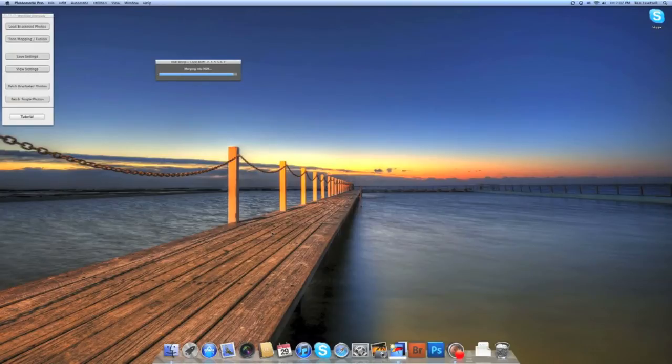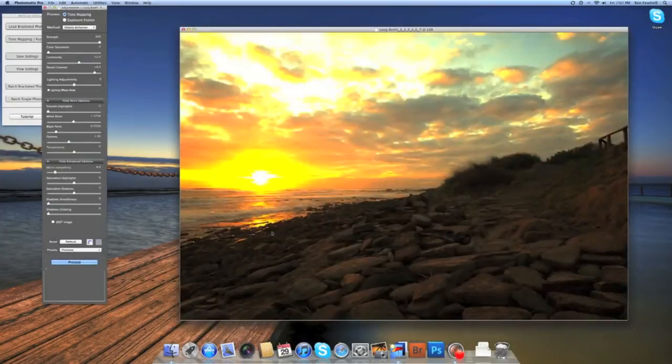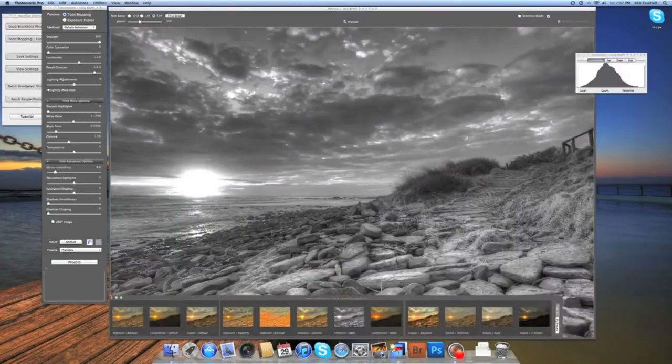Yet when I export from Aperture into my processing folder, you would have noticed they were all JPEGs. So I create JPEGs. I find that works better for Photomatix rather than just importing RAWs. Photomatix has to turn them all into JPEGs anyway. Now you can see that this has just